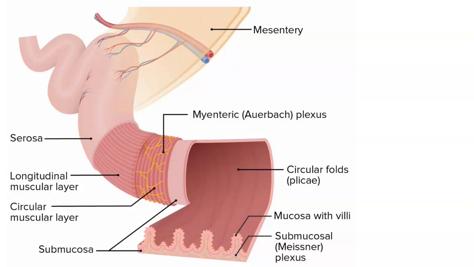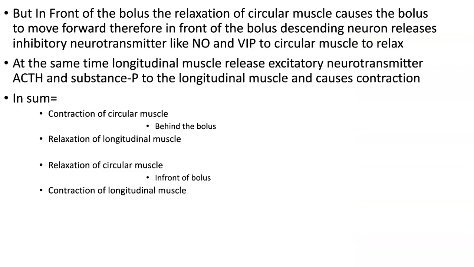So the next, in front of the bolus, the relaxation of the circular muscle causes the bolus to move forward. Therefore, in front of the bolus, the descending neurons release inhibitory neurotransmitters like nitric oxide and vasoactive intestinal peptide. At the same time, the longitudinal muscle receives the excitatory neurotransmitters acetylcholine and substance P